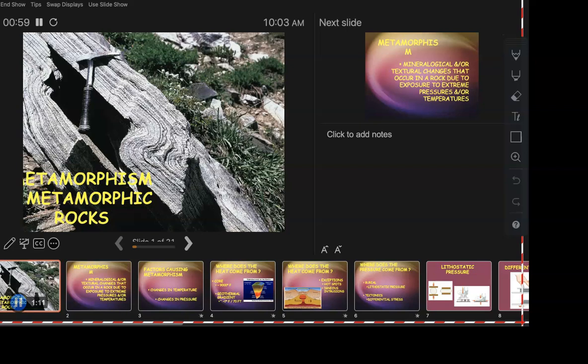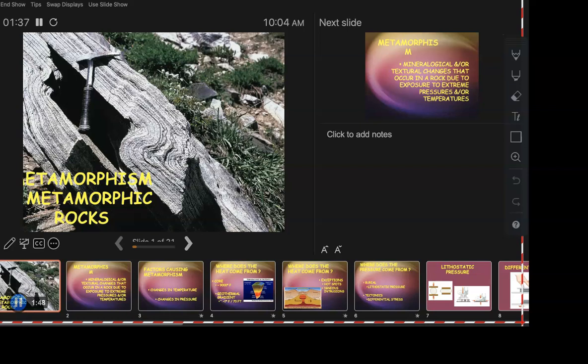Metamorphic rocks, we can't even see them being made. It happens deep, deep down in the earth. We know they are made. We know they're changed rocks, metamorphosis, right? That's where the word comes from. So, we talk about them a little bit. And then we see them in lab and we talk a wee little bit more of them. And then we're done. So we're just going to take a little pit stop, as I said, and talk about metamorphic rocks and the process of metamorphism.